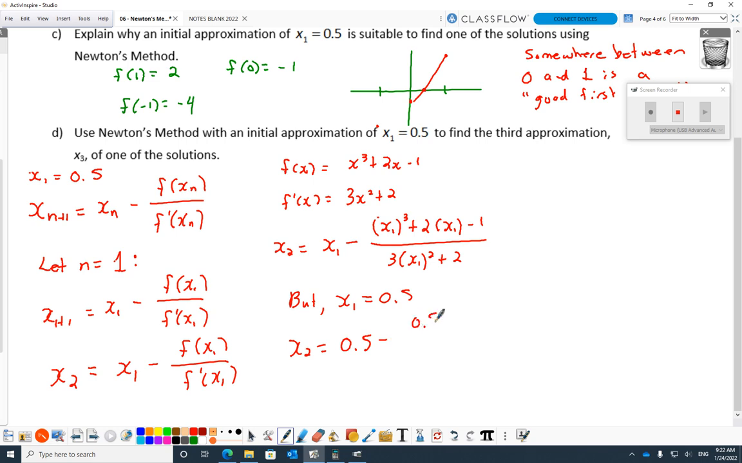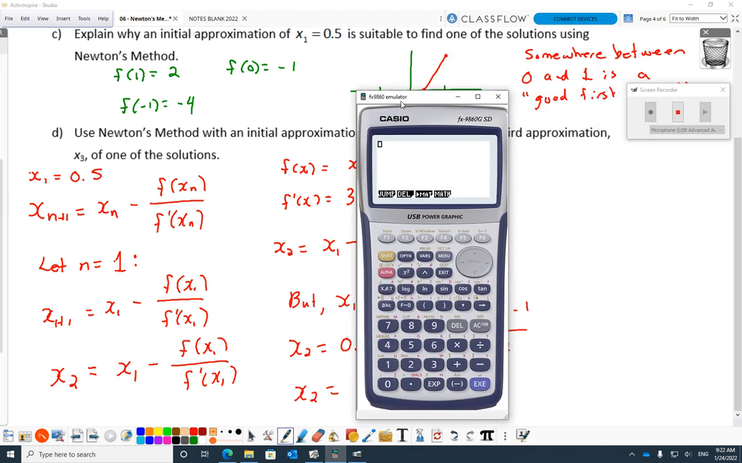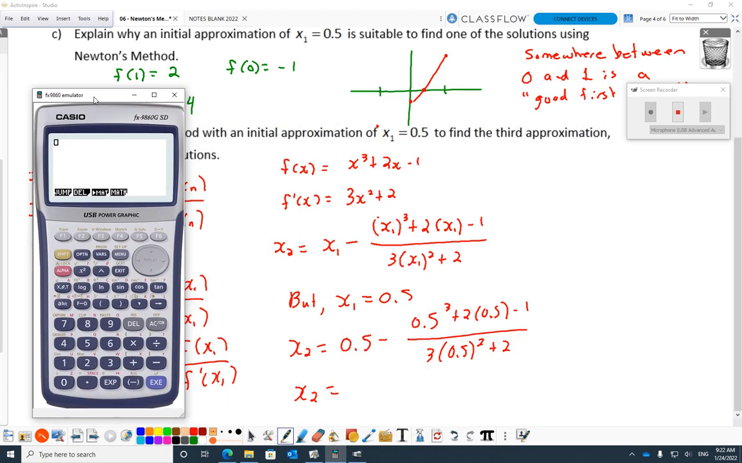And then in the numerator, I go 0.5 cubed plus 2 times 0.5 minus 1. The denominator is 3 times 0.5 squared plus 2. So x2 equals, where's my calculator? Here we go. 0.5 minus fraction button,